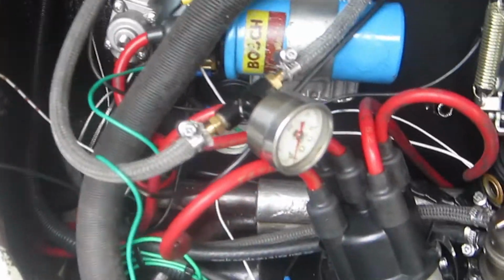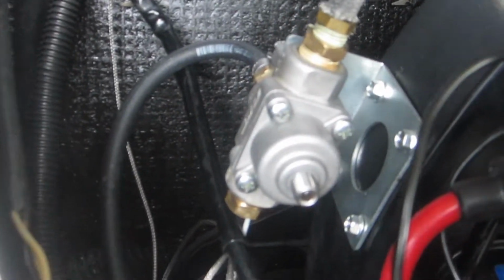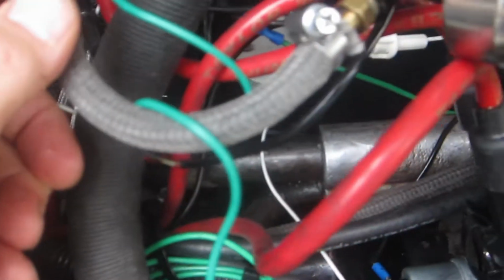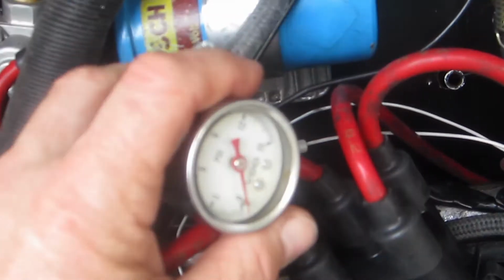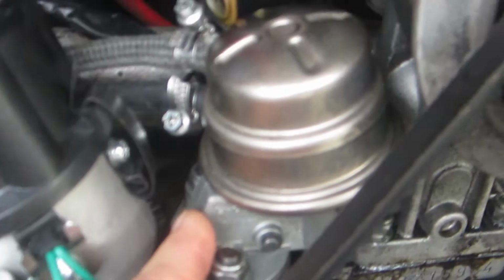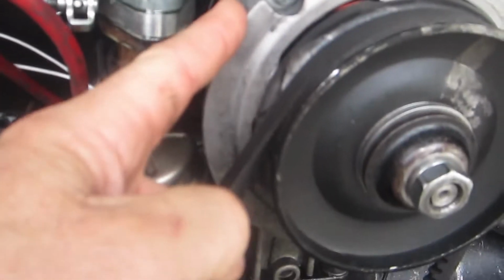Got a bit of a mess under the deck lid here, but today I wanted to talk a little bit about the fuel pressure that I'm working with and monitoring that. As you can see, I've got a regulator installed and it runs. This is, by the way, my big bore 40 horsepower engine that I've lately fitted with an alternator, and